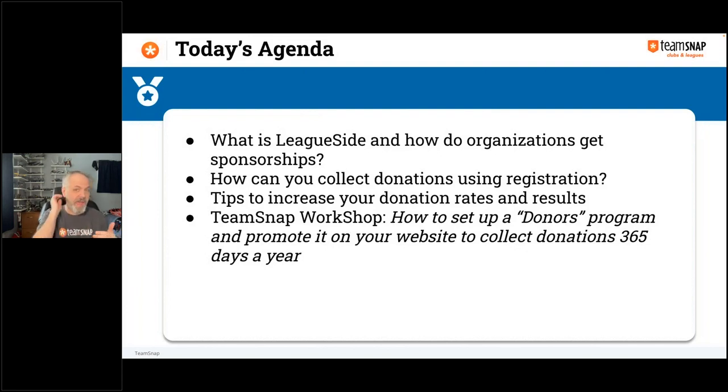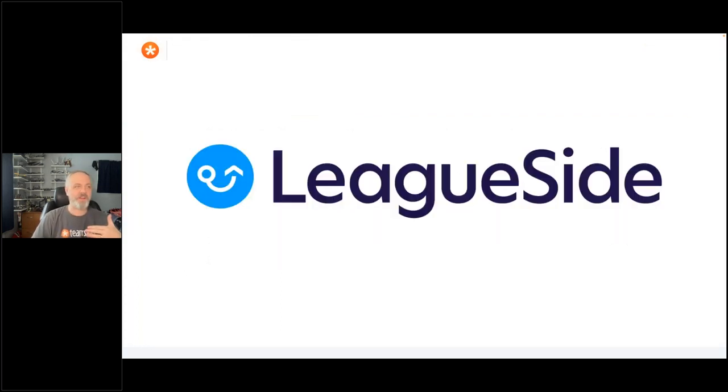And we're really going to look at that in a workshop format, where we look at a website demonstration that we put together, a web page that talks about the different initiatives we're collecting money for, and then go into a couple different registrations to see exactly how to format that. So many of you have become registration experts over the last few months as we've talked about it. This is just another way to use some of those features and capabilities to help increase the fundraising that you provide back to your organization.